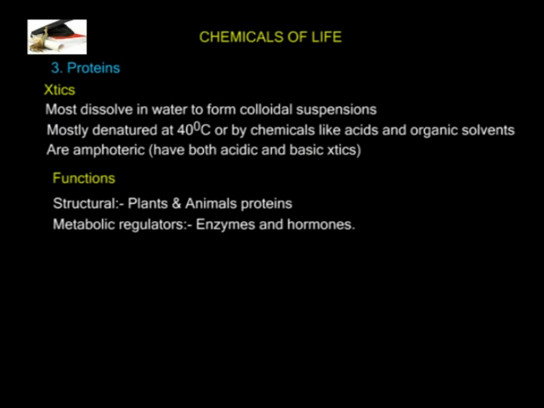Proteins as metabolic regulators. Now, enzymes and some hormones are protein in nature. Enzymes are organic catalysts which speed up metabolic reactions and thus they control the rate at which metabolism takes place. Hormones, on the other hand, are chemical messengers which act as regulators of many body processes, for example, growth, reproduction, regulation of chemical substances such as salt, water, and sugar.